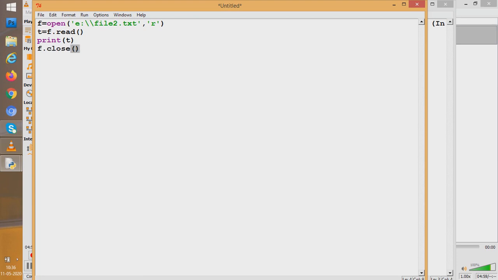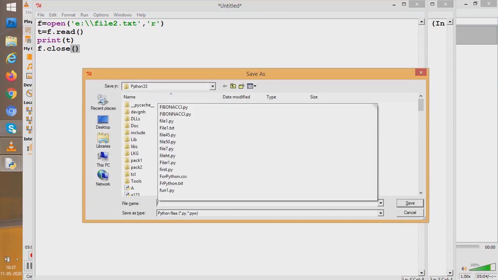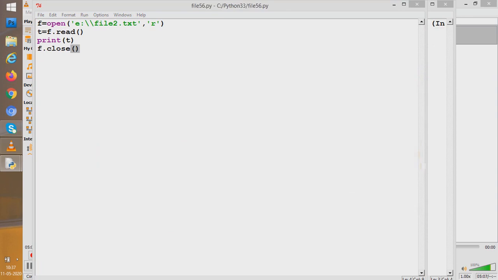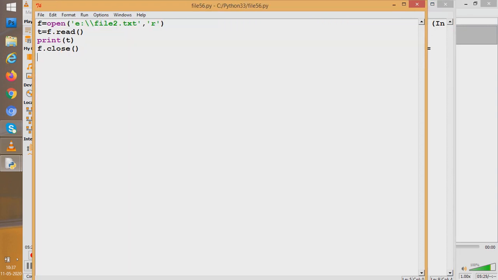Now let us run it. So I run it. It asks for a name. Say file handling, I give 56. Any name I can give. See, it brought the things which were in the file and it is showing them on the screen to us in the Python shell. We are successful. So you saw how we wrote things on the shell by reading the things from the notepad file, file2.txt. Now students, we should go into some further depth. My question to you is, what type of variable would t be?